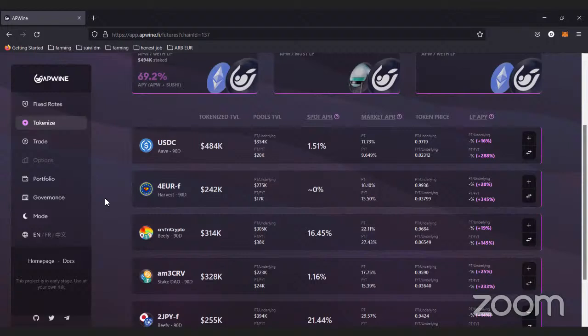So APWine will also allow to buy future cash flow. I don't say they will do it. It's just an idea that I will push. And again, it's a protocol. So someone can also come, make a proposal, maybe make some code, and it could be merged if everything is okay. So yeah, there is a lot of value in future yield.